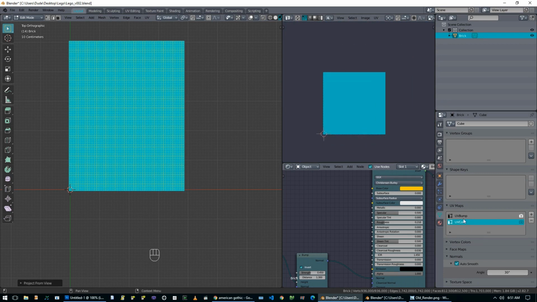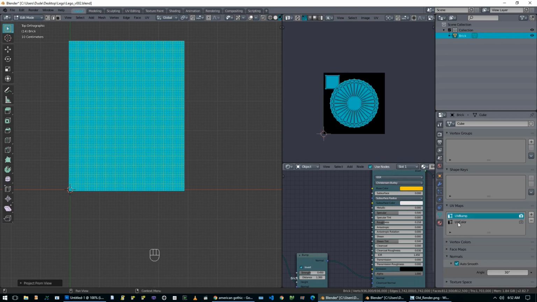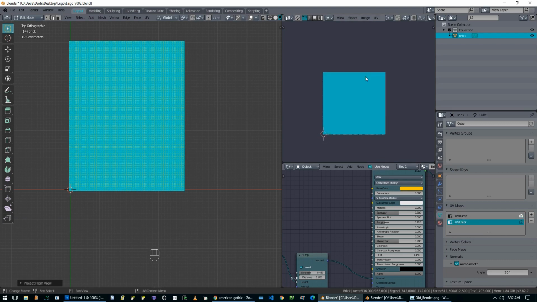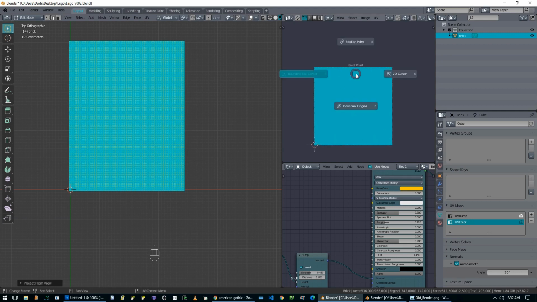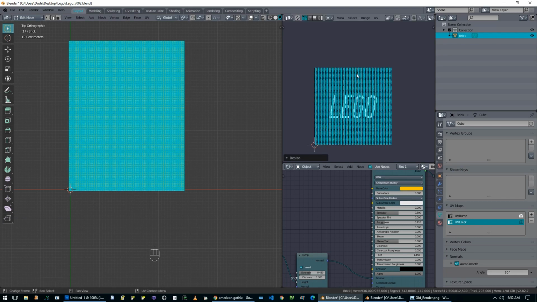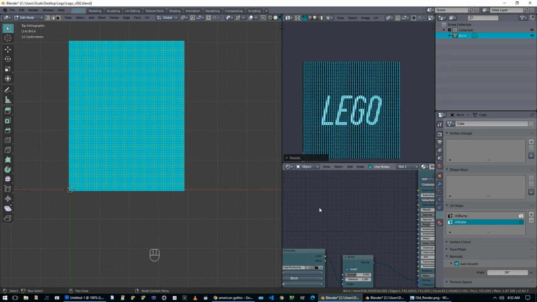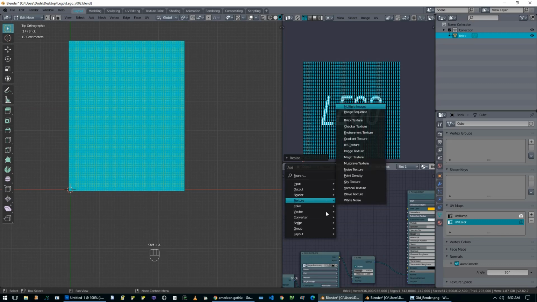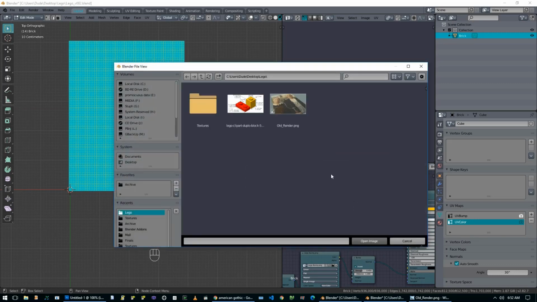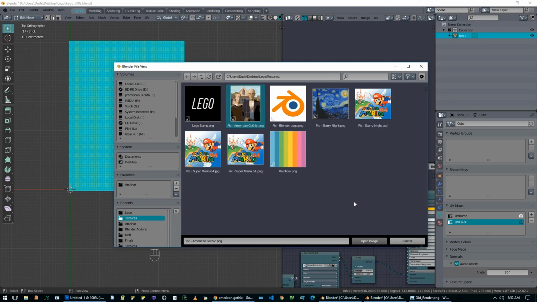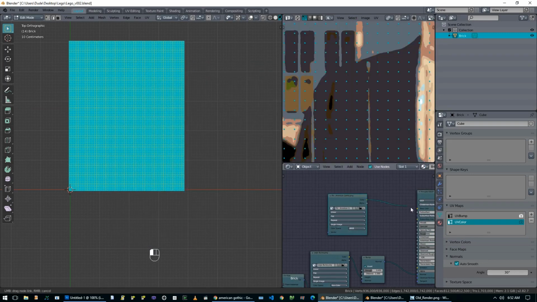And we have to make sure that the color UV map is selected, because if we go to bump, it will look like this, but with color, it will look like this. And then we want to go to our scaling modes and say individual origins and scale to 0. And what that has done is made a bunch of single points over this texture. So now we can go and get a texture image. We can pick from our American Gothic graphic, plug that into color,